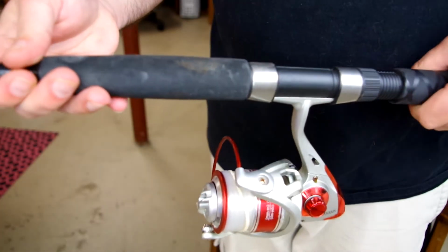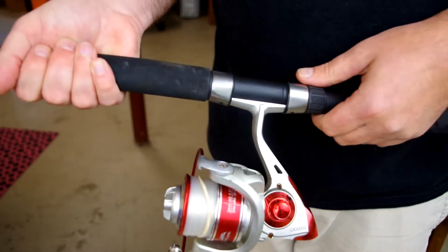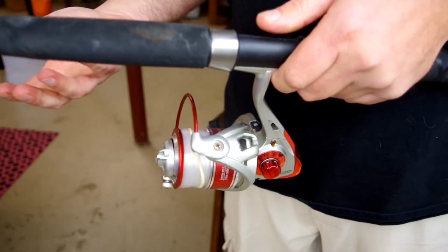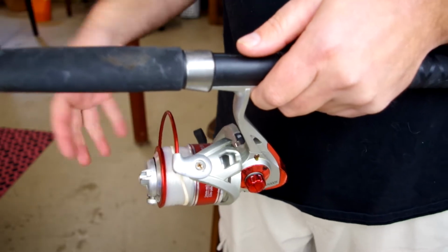Alright, today I'm going to show you how to clean up a rod. This one's been in the ocean. When I go to the beach, I like to get in the water, so the salt water isn't good for these reels. So as you can see, it's been 6 months since I've used it, and I didn't wash it off very good, so